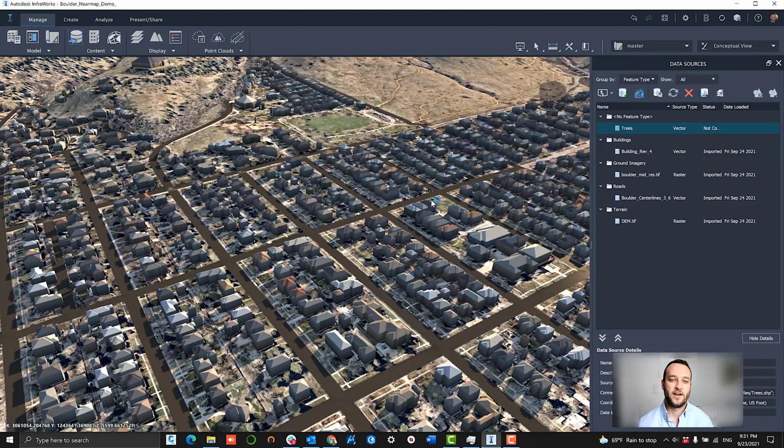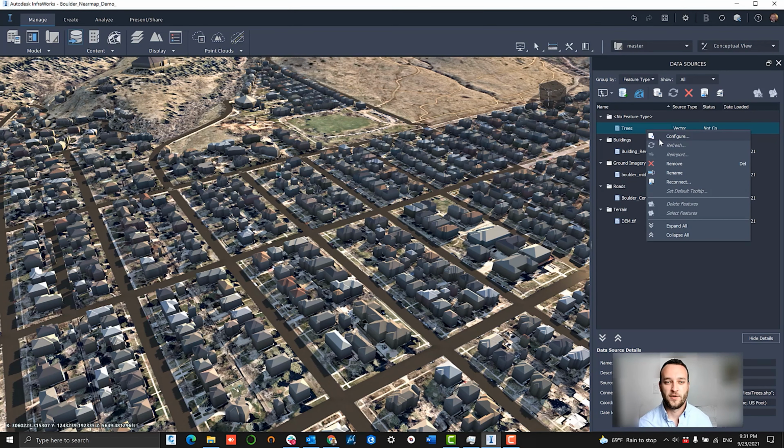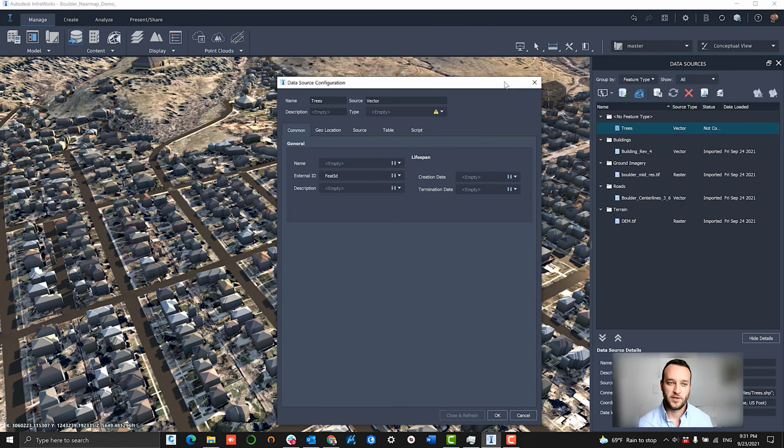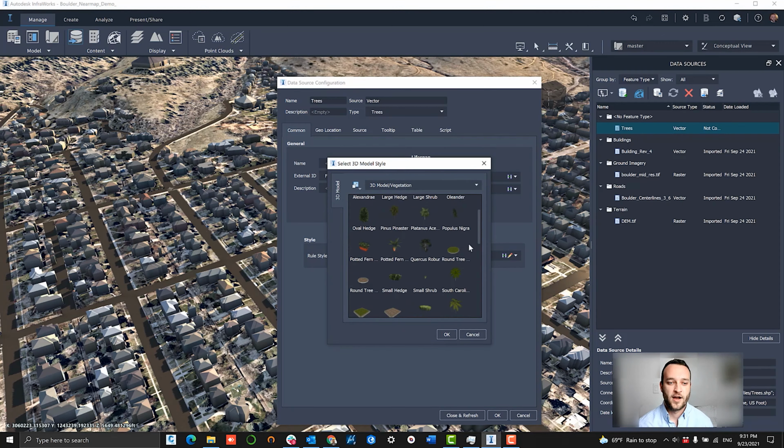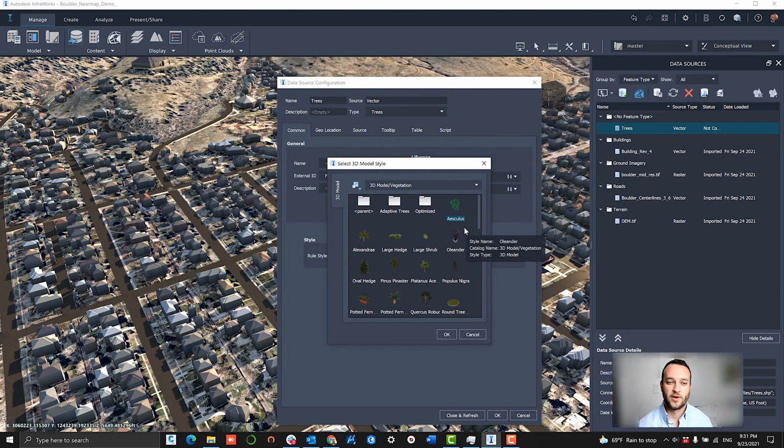So this is defining all of the edges of these medium tree canopy, the limits of the canopy of medium trees. So what we're going to do here is a little bit of a different workflow where we take our shapefile and then we use some of the functionality of InfraWorks itself in this table setting to randomly distribute 3D tree models within the canopy layer and give that representation of what the trees are probably doing in those areas, more or less. And it's going to really create a high quality rendering for us.